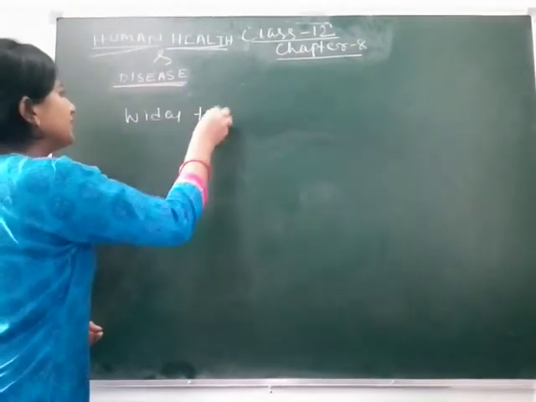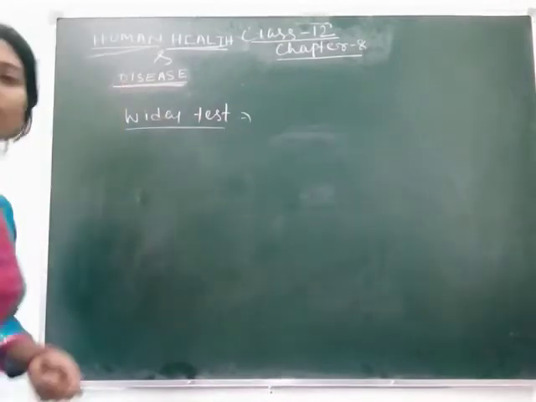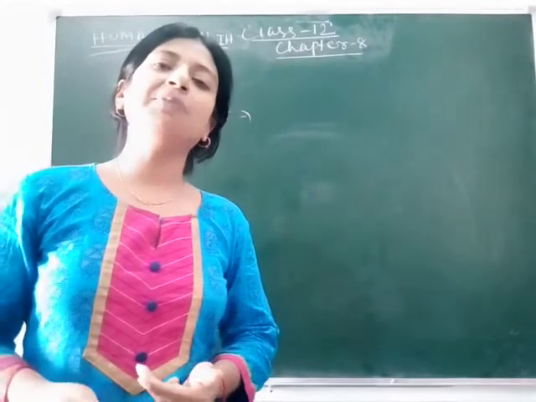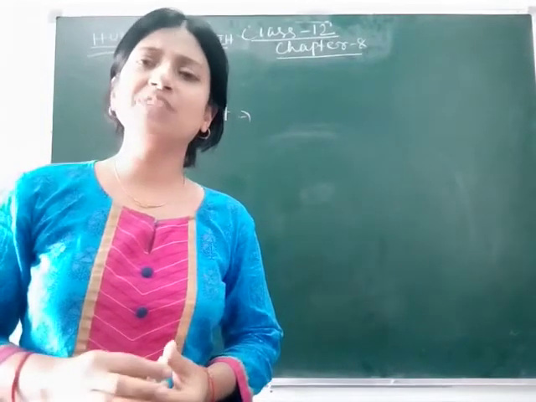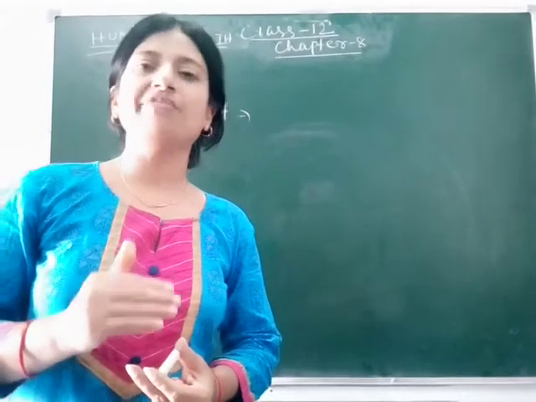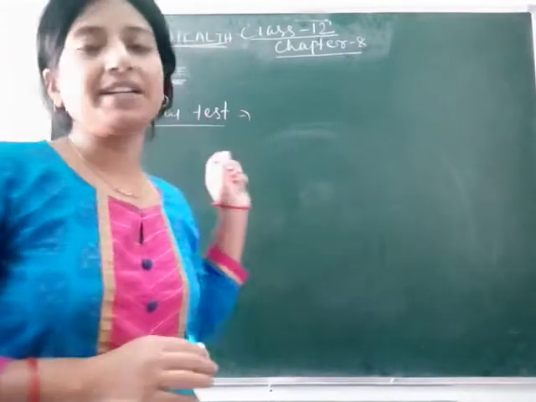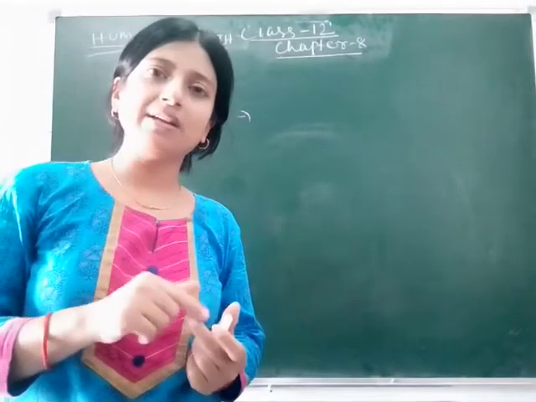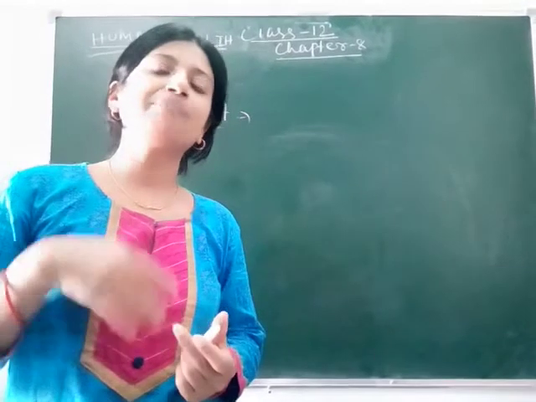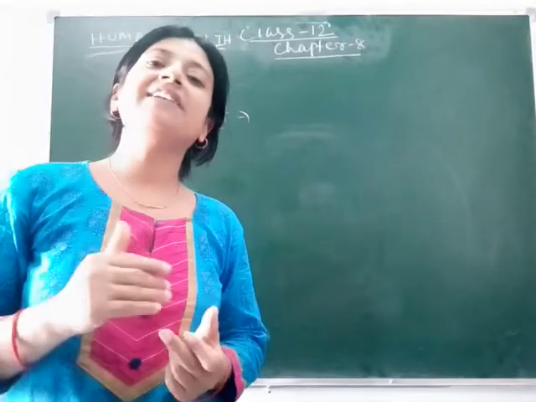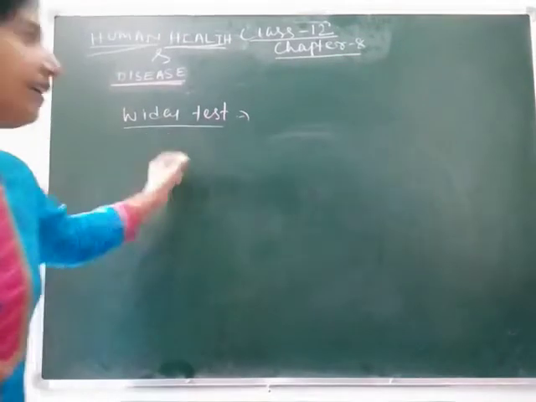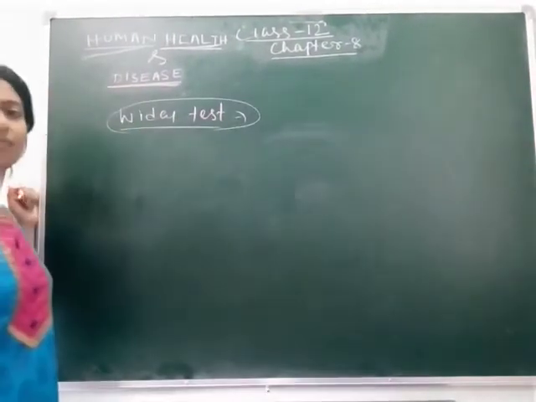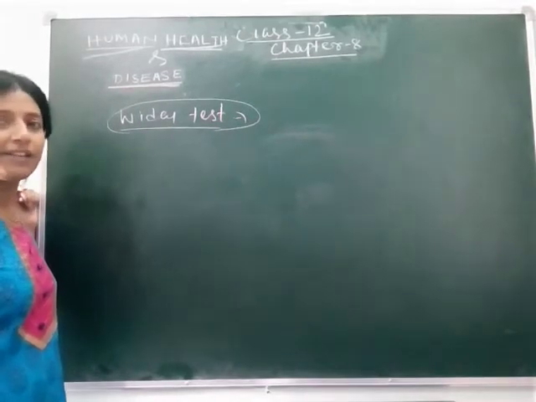Vidal test. Why is the Vidal test done? Because the symptoms of typhoid are so similar and so common in other fevers or other common diseases. That's why its identification is so tough, and that's why it needs the Vidal test. In severe cases of typhoid, I told you in yesterday's class that the nails become grey and bluish. That is also the case in pneumonia, which we will study in this class. So Vidal test means blood test; through a blood test we will be able to identify typhoid.